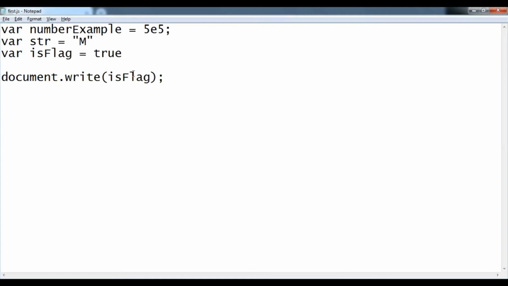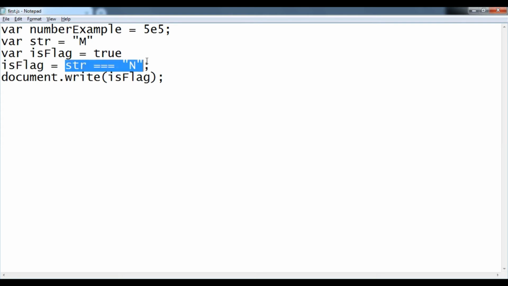So let me create one variable isFlag. So here you can see that we have created the isFlag variable and assigning whether the str variable is equal to n, which it's not, right? And we are assigning this condition result to isFlag. Okay, so now isFlag should be false as the condition is false itself. Although we had assigned true earlier, now we are getting the value returned from this condition, which is false, so it should now be having false.